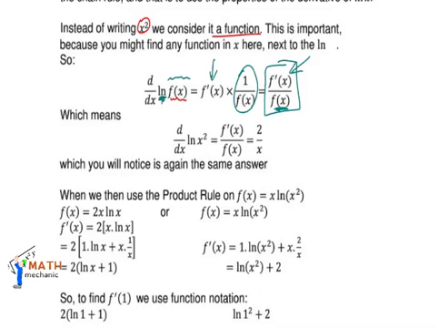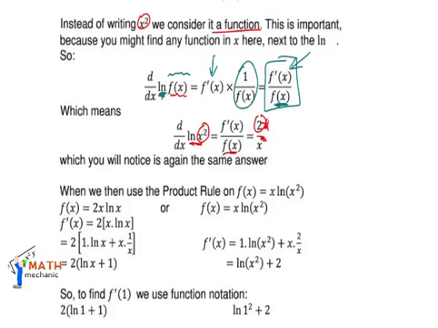So if we test this with the ln of x squared, we can say the derivative of x squared is 2x, and the derivative of ln of x squared is going to be the 2x divided by the original function, which was the x squared. So we've got the 2x and the x squared, where again the x's will cancel, and we've got 2 over x, which is exactly the same as the previous answer.